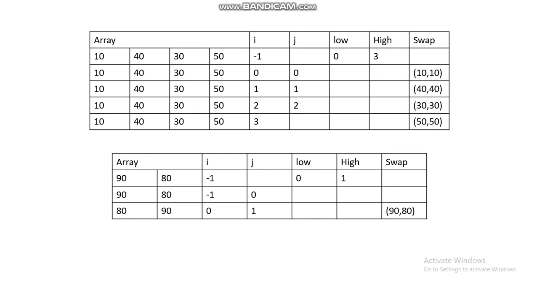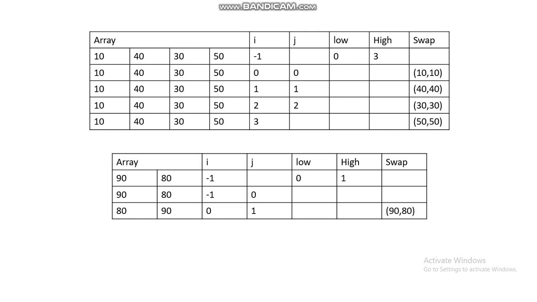Since the value of i and j are the same at each step, we do not see any difference. Once the loop is complete, we again increment the value of i by 1 and interchange the ith element with the pivot. Since the ith element is already the pivot, we do not see any change. In this case, the pivot element was already at its sorted position and hence we do not see any change at any step of the loop.